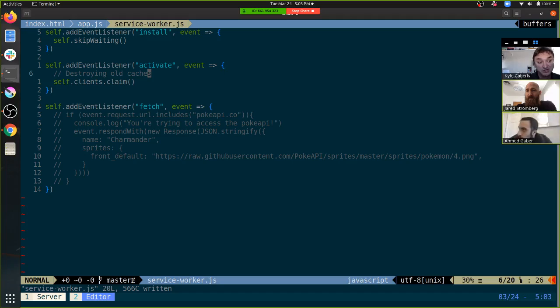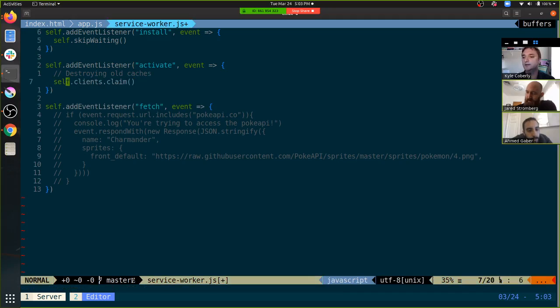clients.claim. No, the cache is per domain, not per tab. Your service worker is per domain, your cache is per domain. But you have different caches. And so it's pretty common to do something like so